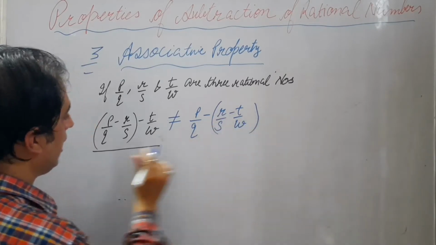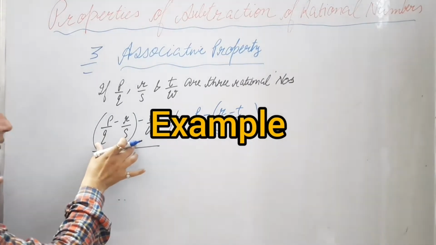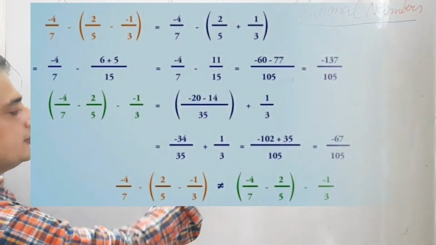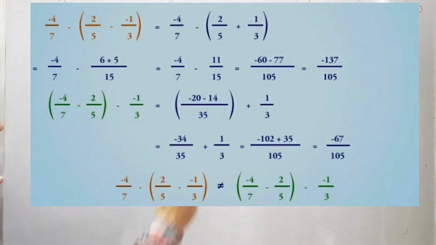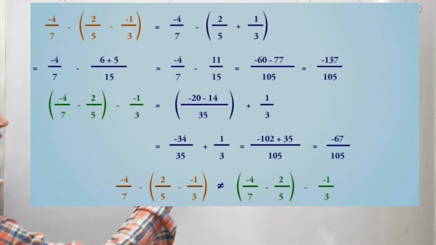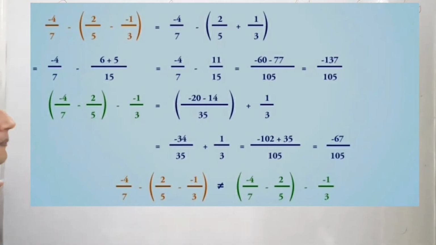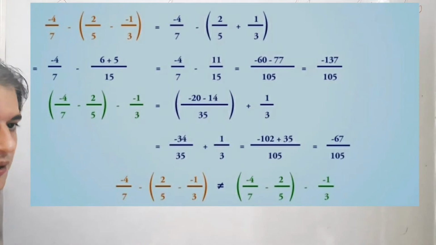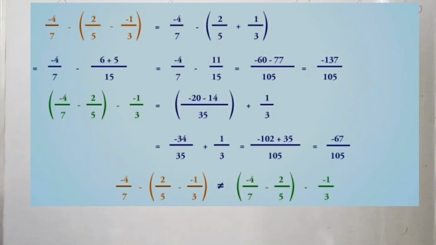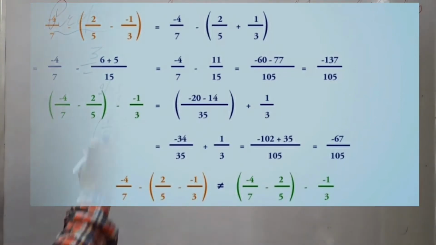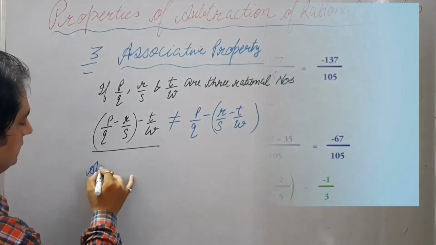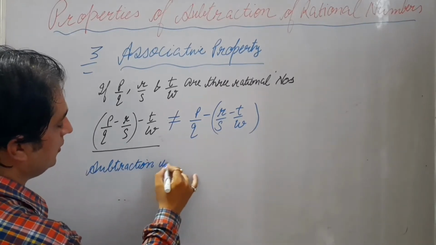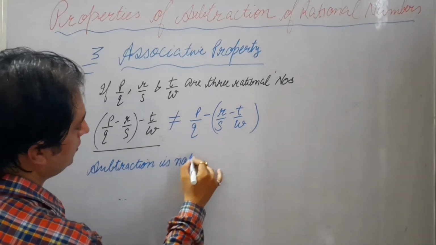See here, I am grouping the last two rational numbers in the bracket, and that is being subtracted from p by q. So in both the cases, the answer is a rational number, but both the answers are not the same. So you can say subtraction is not